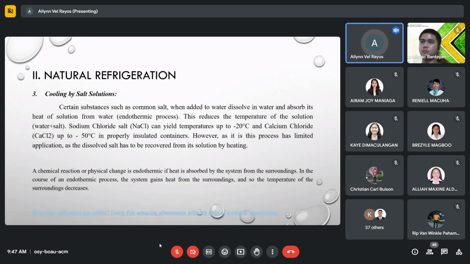So, ganun din dun sa mga design project na gagawin. You also have to determine bakit ganun kababa yung temperature required dun sa iyong design, yung capsule design project. Kasi hindi din naman okay yung sobrang baba kung hindi din naman siya totally magagamit based on the application that you will give dun sa inyong design project. Okay? So, clear ba tayo dito? Yes po, ma'am. So now, let us move into our next slide.